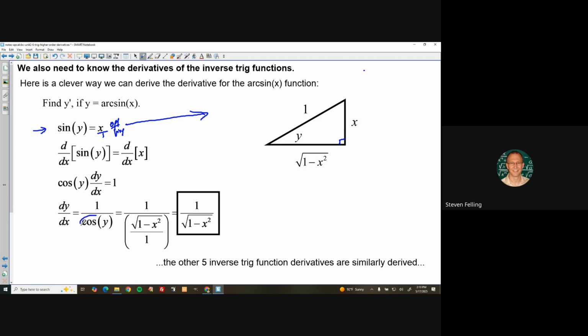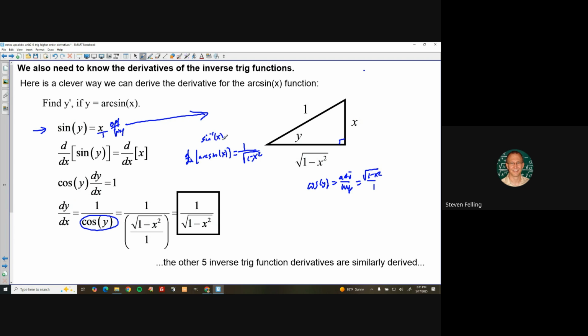Okay, but this cosine, we can go back to this triangle and say cosine of the angle is the adjacent side over the hypotenuse. Therefore, it is the square root of 1 minus x squared over 1. So I can replace this with that, and that means that this derivative of y is 1 over the square root of 1 minus x squared. Therefore, the derivative of the arc sine or inverse sine of x is 1 over the square root of 1 minus x squared. Okay? And this arc sine can also be written this way, with a little 1 as if